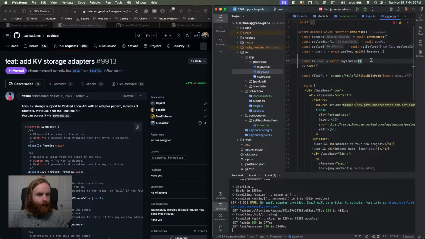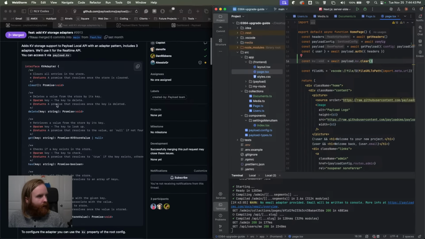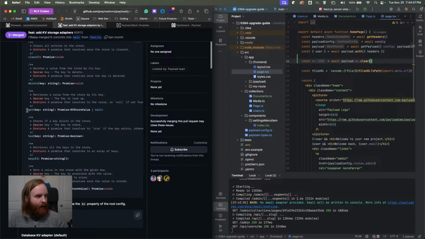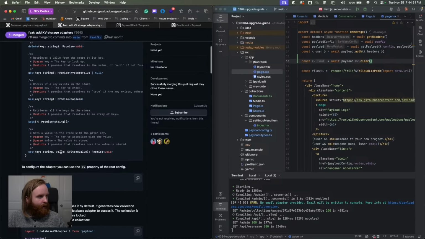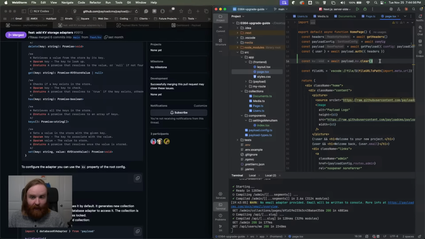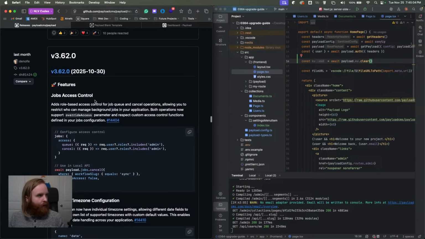Oh, payload kv, and then you can do something like clear. There we go. So you can clear your kv, you can delete anything with the key. So you want the key to delete. You can get the key, you can check if it has a key, you can list the keys, and you can set the key and the value. So I'm not going to do any of that right now because this is a bigger package that's going to take some time to explore fully. So I'll move on down to the